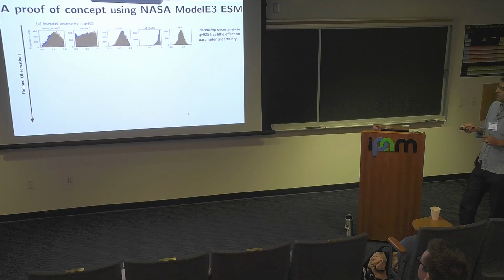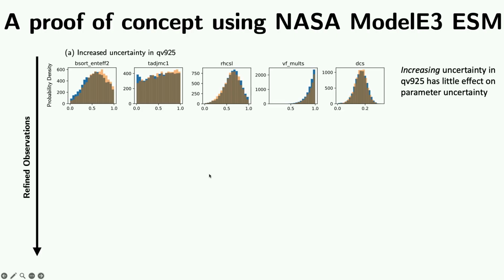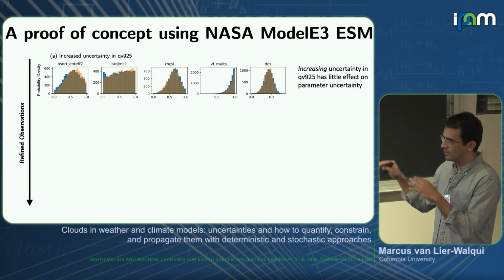One of the things we did is take one of our observables, water vapor in the boundary layer, so basically humidity, and ask, what if we had that same observation but with much worse uncertainty than we currently have? One interesting thing we found is that it doesn't really change anything. None of our parameter estimates changed, which is a little bit scary. It either means these observations are providing us with zero information, or zero independent information. Maybe there's some other observable we're using that it's highly correlated with, so it doesn't really need that one.